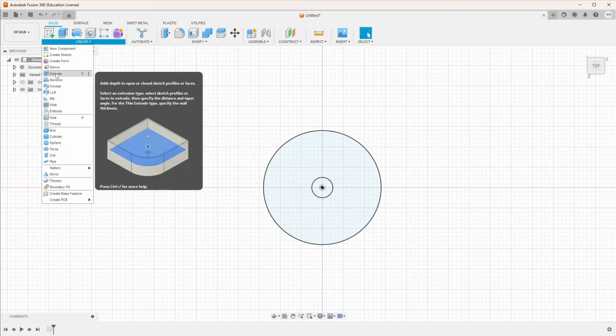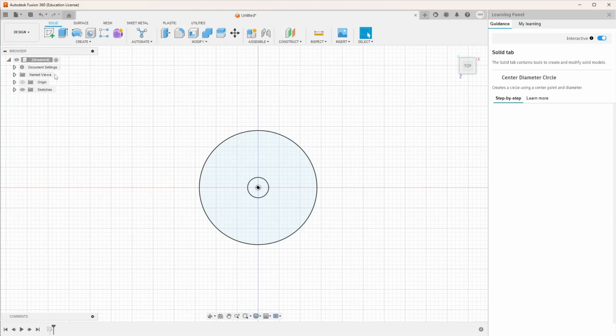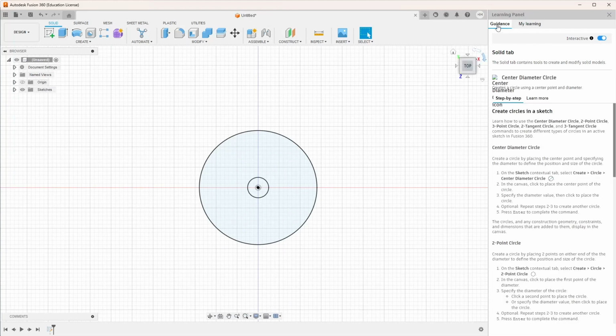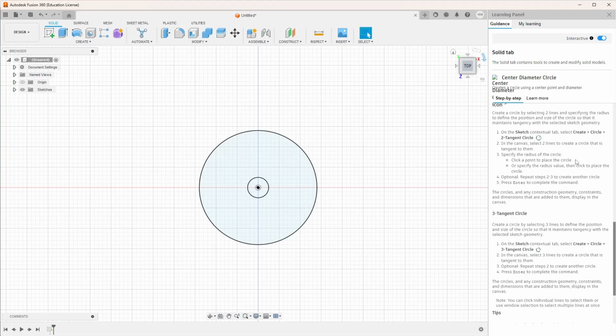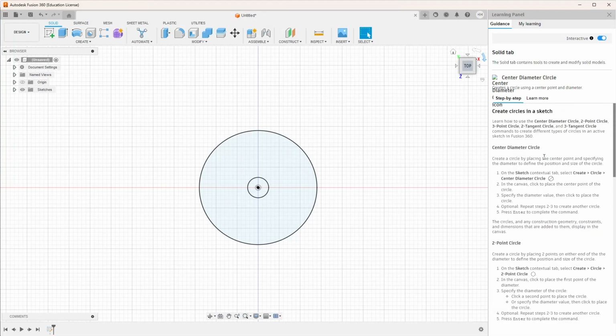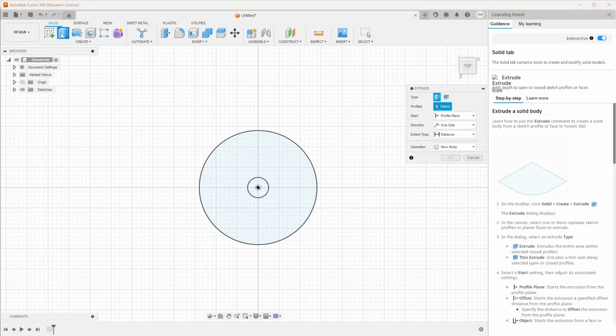When you have a sketch, then you have different things you can do with that. You can extrude and you can revolve and you can do all these things. As I click on extrude here, you can see it says press control and then / for more help. I'm going to do that right now, control and /, and you're going to see that it's going to end up giving me a little guidance bar on the center. And when I click on something like the extrude command, you can see it's going to give me step-by-step instructions